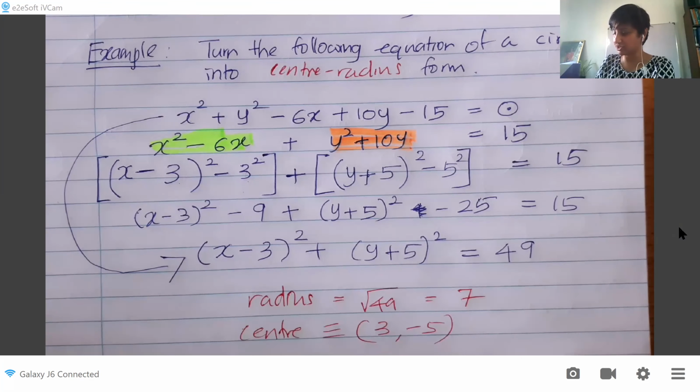You can visualize where it is on the grid and how big it is. You can even do a little sketch. But when having the standard form, there's nothing much you can say about it. Right, okay? So hope that is clear. Before we go into doing some questions related to all of it,